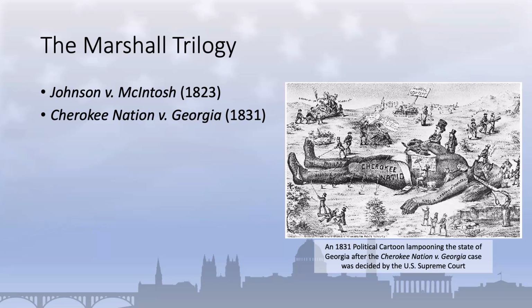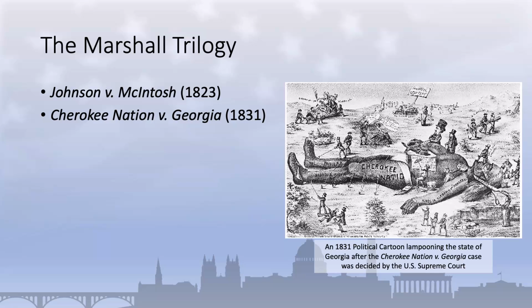The Cherokee Nation was seeking an injunction against the state of Georgia's new laws. It argued that it was a sovereign and independent nation with the right to self-governance and control over its lands. The tribe had established its own constitution and government and had adopted laws and institutions that were similar to those of the United States. Because of this, the Cherokee Nation maintained that it should not be subject to the jurisdiction of the state of Georgia.